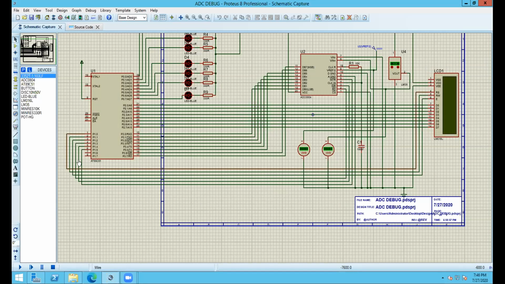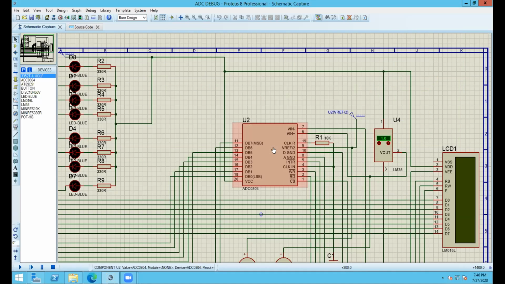Now we have a new component here, that is the ADC, the analog to digital converter 0804. Now what does this thing do? It actually takes some analog data, analog voltage, simple DC voltage in one of its pins. There are two input pins, Vin minus and Vin plus. In this circuit, I am feeding some analog data to the Vin plus pin and I am putting the Vin minus pin to the ground. We'll see in the circuit, I will share it.